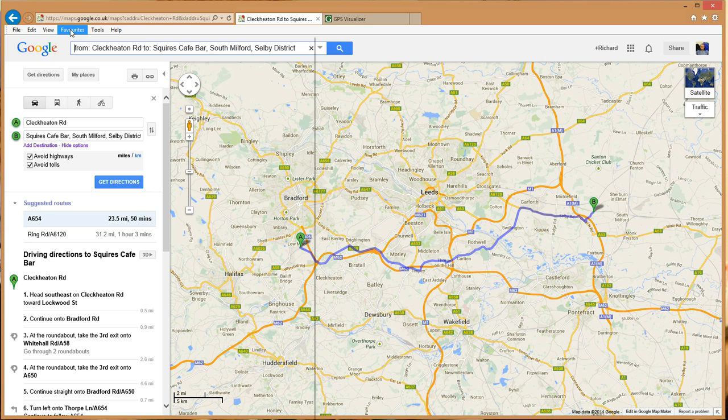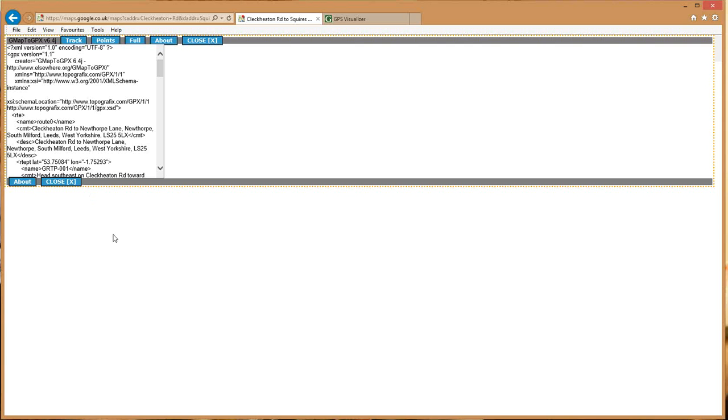Right, so do it again. Gmap to GPX. This time we get the data we wish. Okay, so first thing to do is click on full there. See full, click on it, and then that comes up, Google driving directions track. I like it like that. Make sure you're inside them arrows, and let's call it ride to